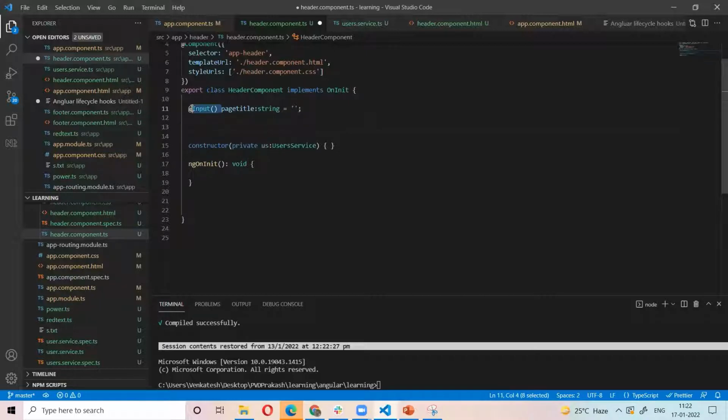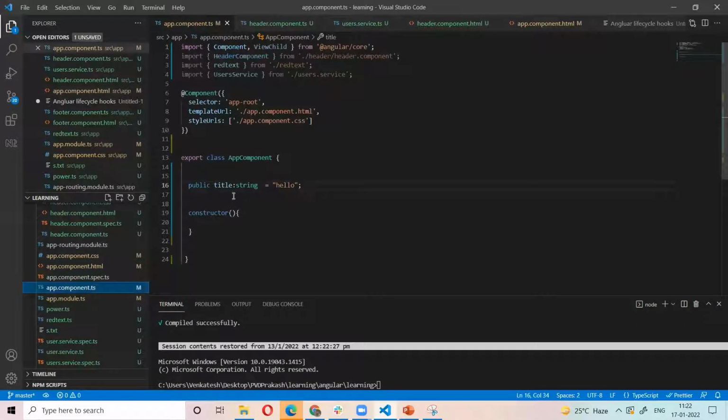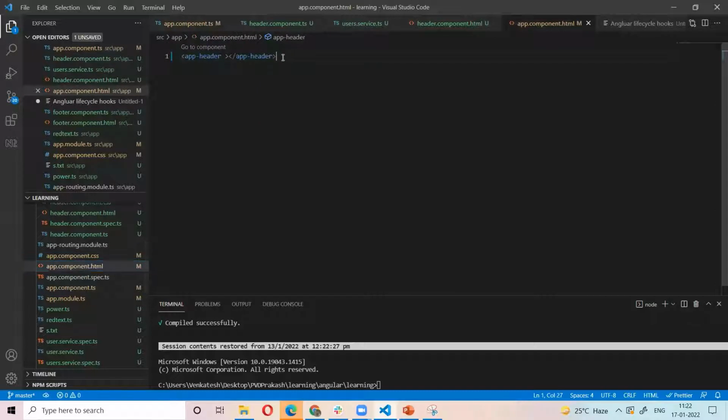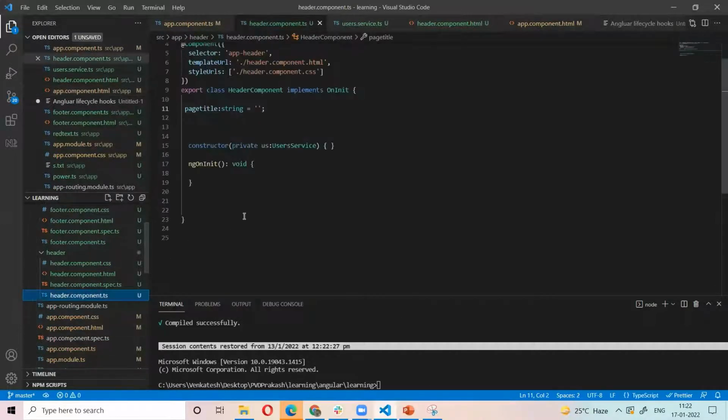I have the app component, and in the app component I have the child component header. In the app component I have the property title. In the app component HTML, I have the child component header. In the header child component, I have only one variable.